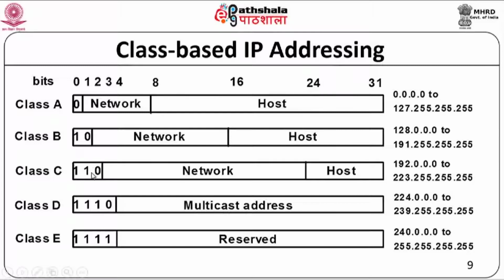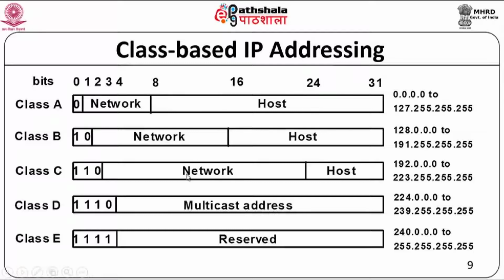A class C address is for small sized networks. So only 8 bits are used for the host part. So each network can have only 256 nodes, but the number of such networks you can support is very large, and of course it starts with 110, this is fixed. So you can say 2 to the power of 21 such networks can be supported. Each network can have 256 nodes in it. So this is for small. So you can look at it as small, medium, large.